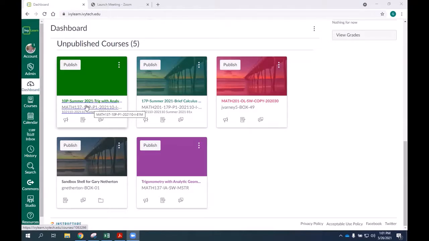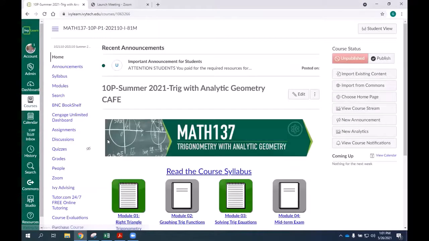So the first thing I'm going to do is go ahead and go into this class. Let me tell you what I'm going to do, and then we'll do it. This is a math class, and all the homework problems, quiz problems, and the exams, the actual problems are contained in the Pearson product MyMathLab. So really we have two things going on. We have the Canvas product, which we call IvyLearn, which is, I guess, what we call a learning management system, right? IvyLearn, this is what you're looking at now. But at the same time, we also have the